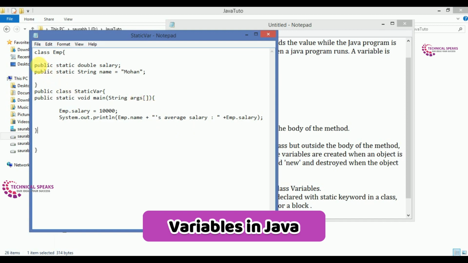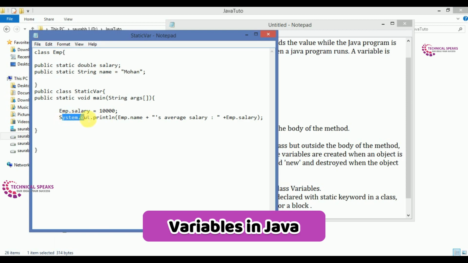What we do here is we just try to access a static variable without an object, right? So I just create first static variables like public static double salary and then public static string name, and I add a name which is Mohan, and under the main method without creating the object we just use imp, which is class name, and then salary, which we declared in the imp class, and also the salary is a variable which is static, so we can directly access it without creating the object.